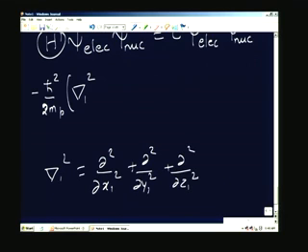This is del 1 square. This is the nuclear motion for the first nucleus, and del 2 square is the corresponding one. You can simply replace 1 by 2 here. So you see that the two Laplacians, as they are called, correspond to the kinetic energy of the two nuclei,